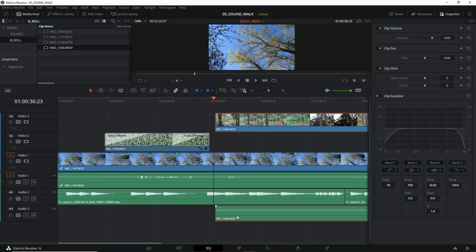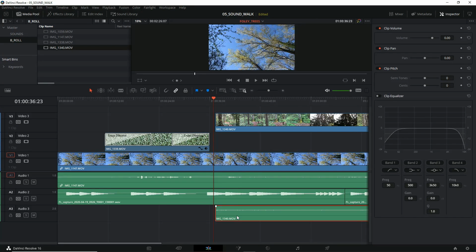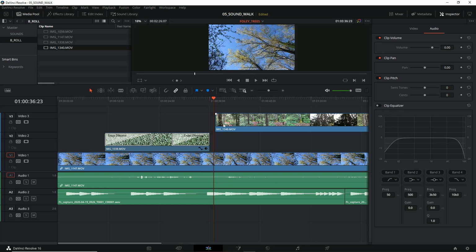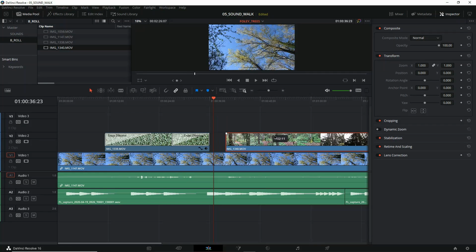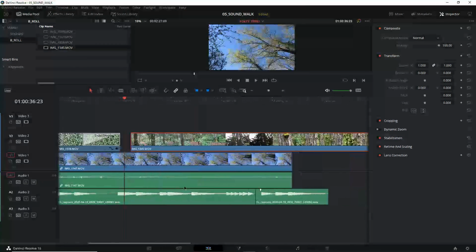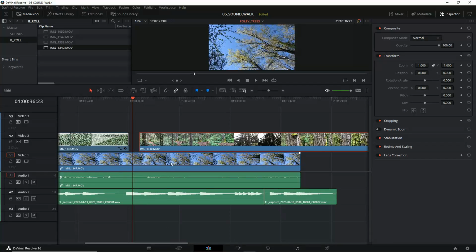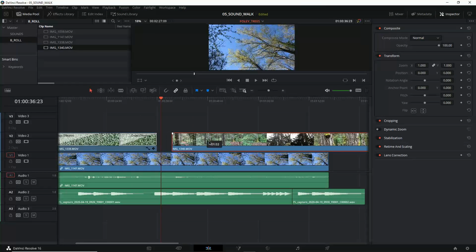And then I'm going to grab the audio, click away, make sure I have just the audio selected in red, and hit the backspace. And now I can bring this clip back down to this top track. I'm using my middle mouse button to scroll along this track so that I don't have to use this bottom slider. It's just a little easier. And now once we go back to the trees,